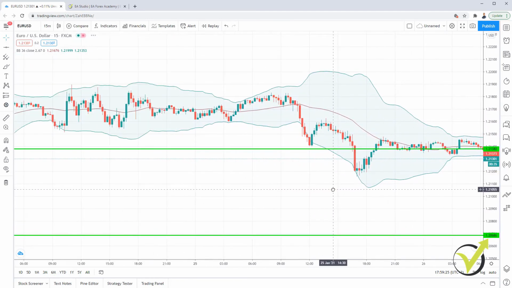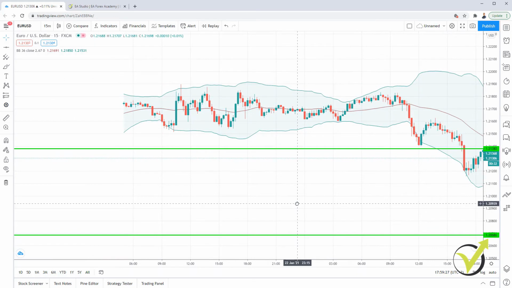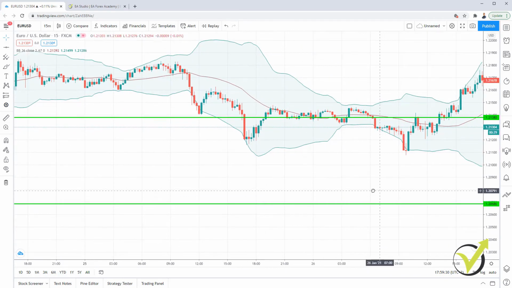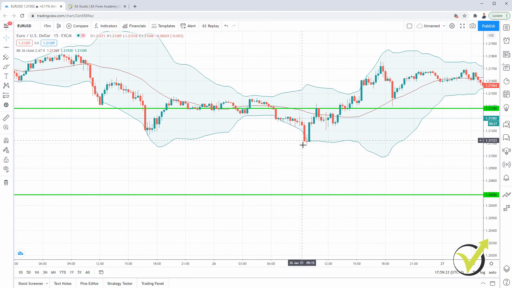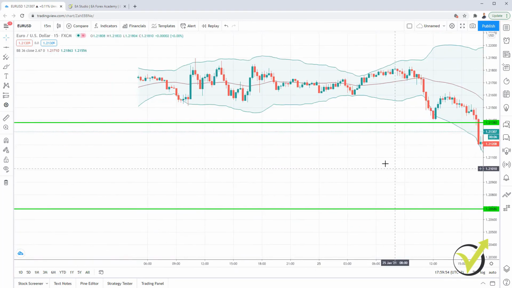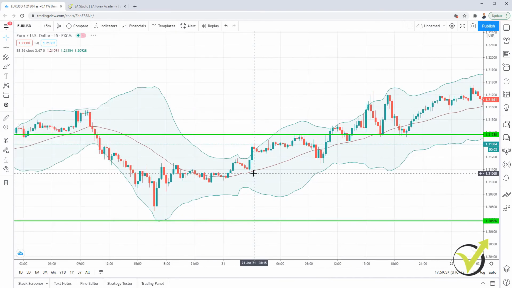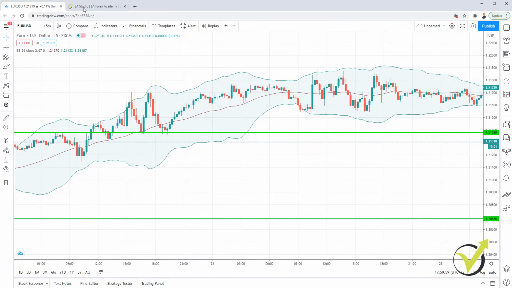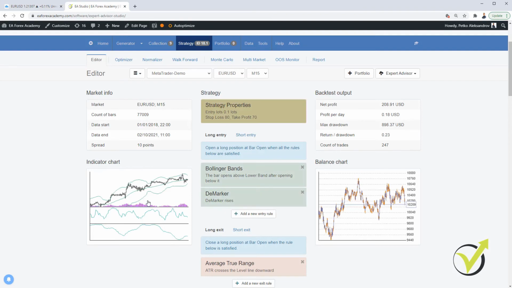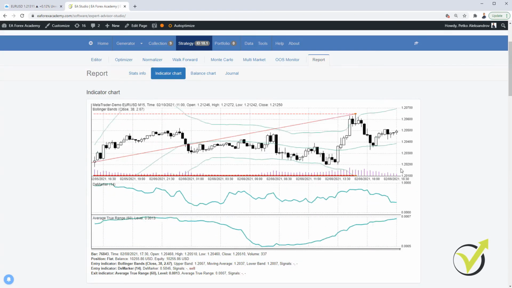But you know what the hard part is when you backtest a strategy over the chart? For example, I have two entries here. I have one here and I have another one here. So which one was the first? What happened before that? If I had a trade over here, was the stop loss hit already so I can take that trade? Or maybe I'm in a sell trade and at that moment I'm hitting the take profit. I don't know, and I will just need to go back and go back and go back and start from the beginning, while the strategy builder shows you exactly the trades one after another.